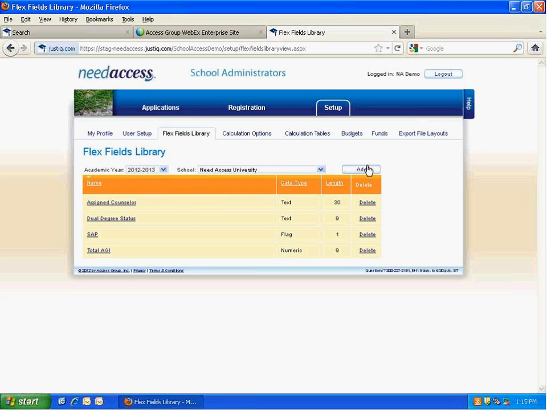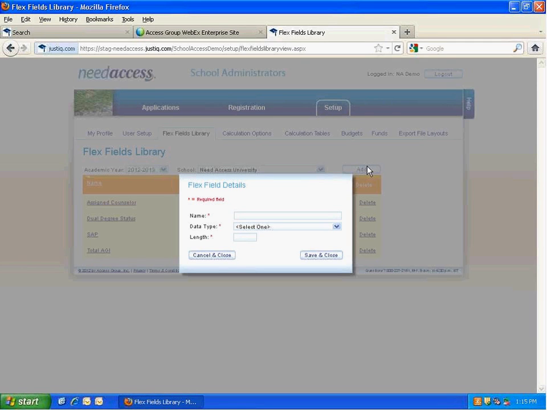So let's take a look at how we would add a new FlexField from scratch. Okay, you'll see here we have 3 options: name, data type, and length. So let's see. Okay, so a good new FlexField might be, say we wanted to do,